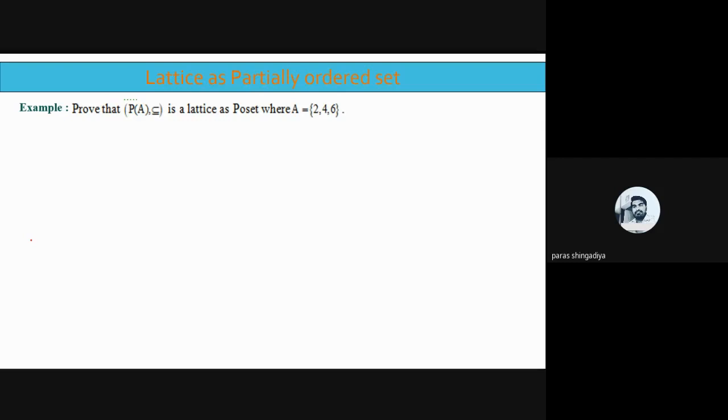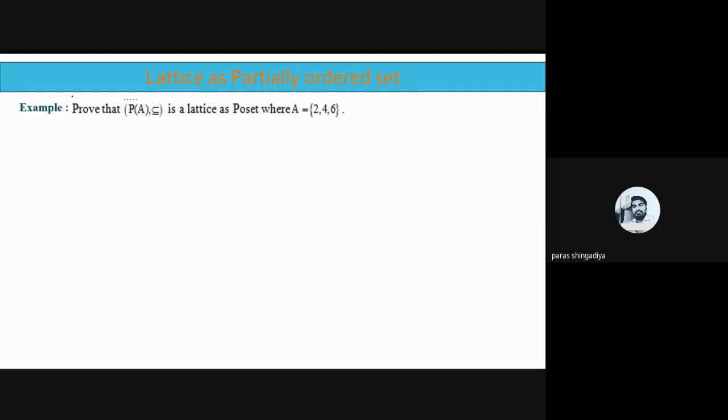So let us solve it. The solution is not mentioned in this PPT, so let us solve each point, each concept, one by one, and you just write it down in your book. Otherwise, after the completion of this proof, take a screenshot.